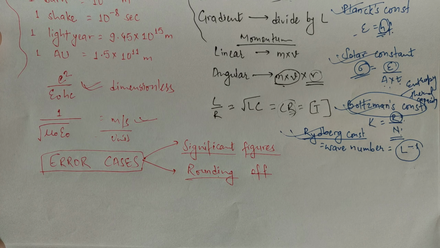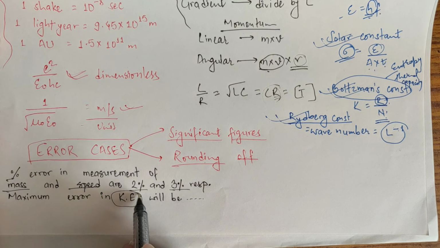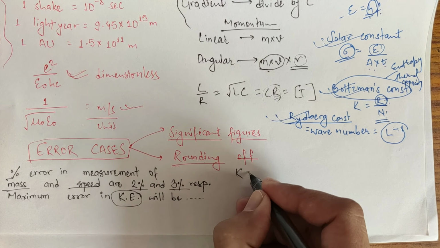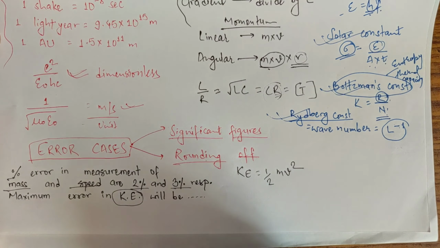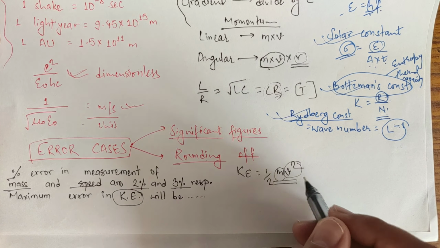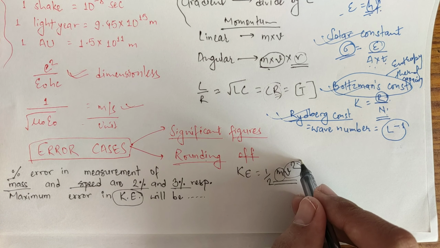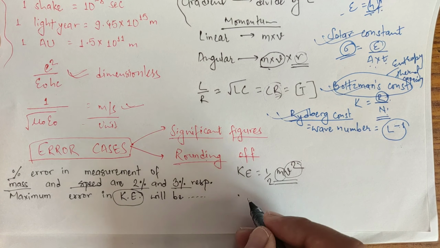So here is a case. Percentage errors in measurement of mass and speed are 2% and 3% respectively. Find the maximum error in kinetic energy. So the formula for kinetic energy is half mv square. Error is given for mass and velocity. This is a multiplication case with power. So in a multiplication case with power, we have to add the